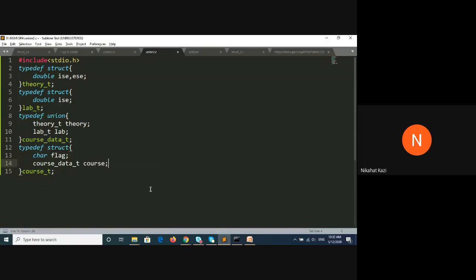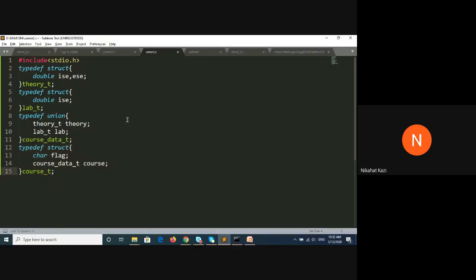Now, whenever we are creating variables, we will create variables of this type only, the last type only, and then we'll see how to access via the component selection operators down the tree.